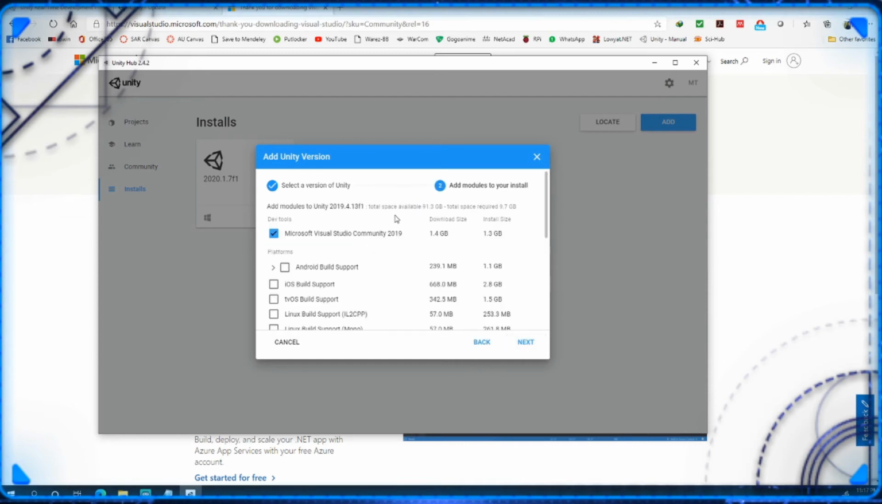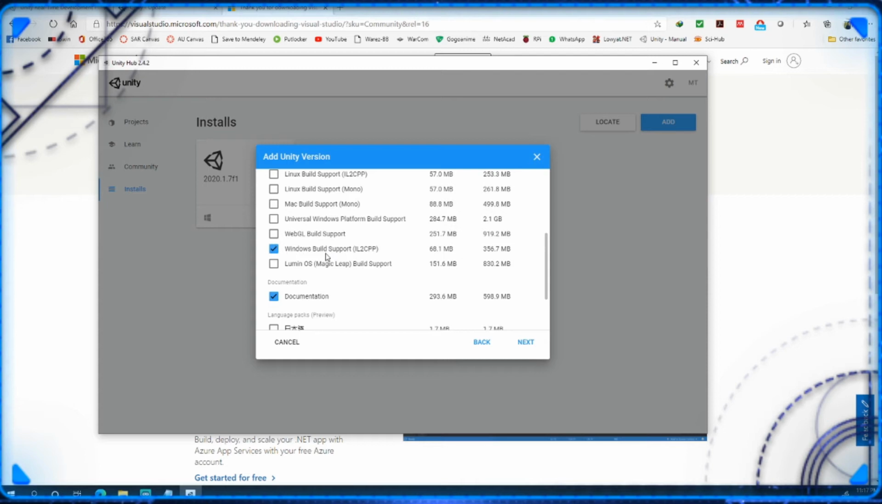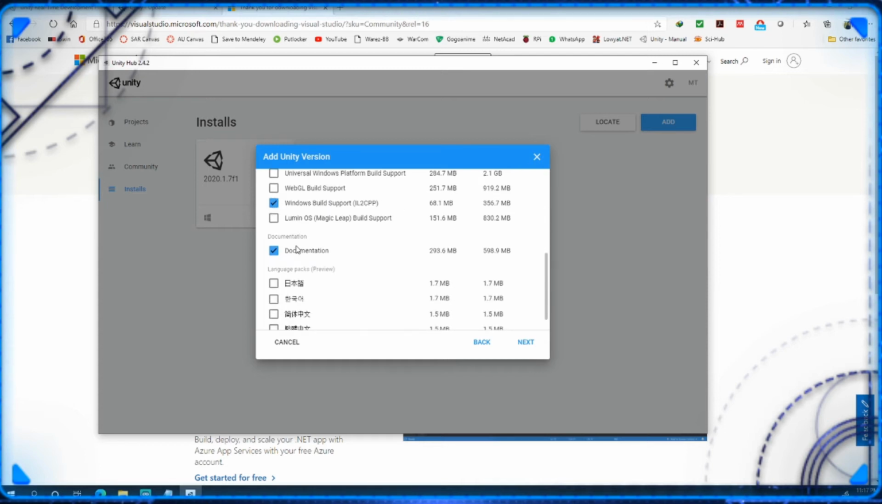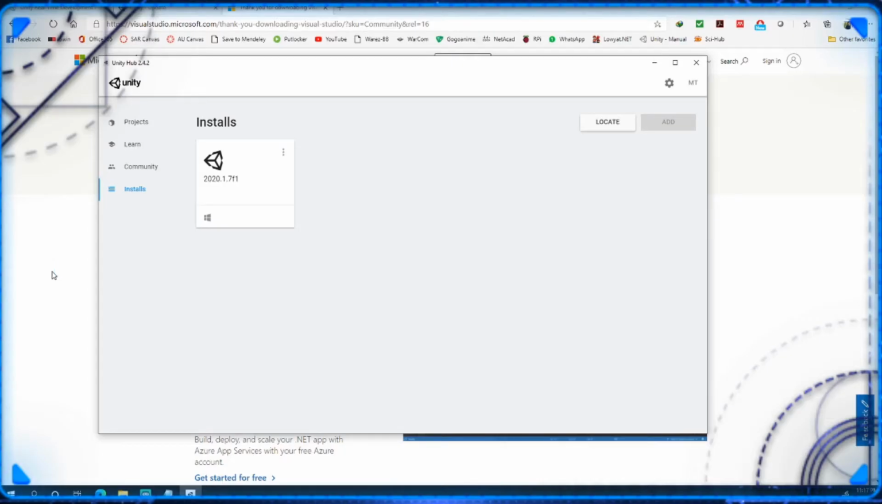Add the modules to the Unity. So we have Visual Studio over here. What you should also do is check on Windows build support, okay, if you're on Windows. All right, and click next. Agree. We're done. And then allow your computer to perform the installation. So what you do is you automatically download the files required for the game engine and install it on your